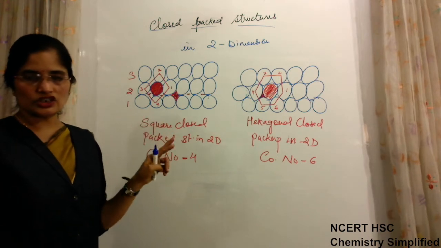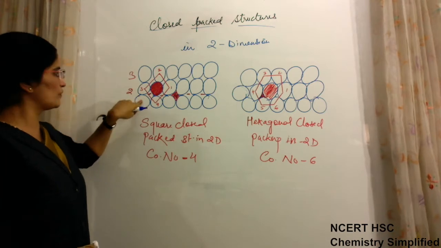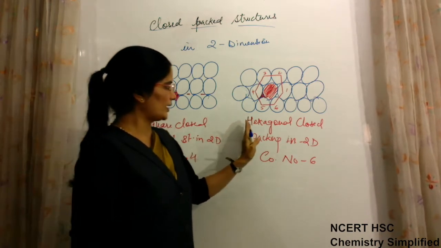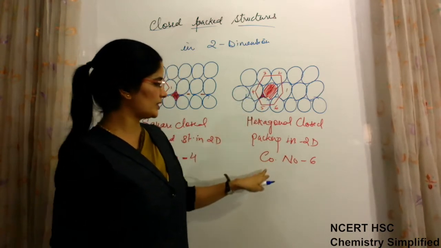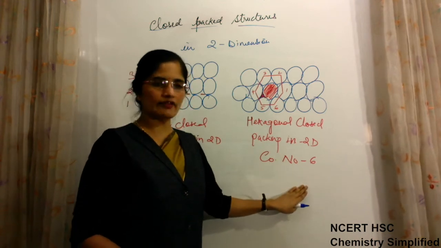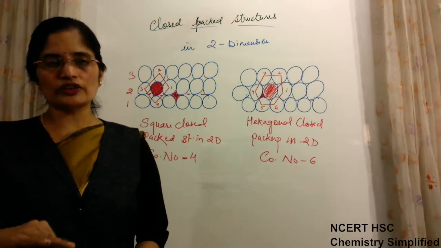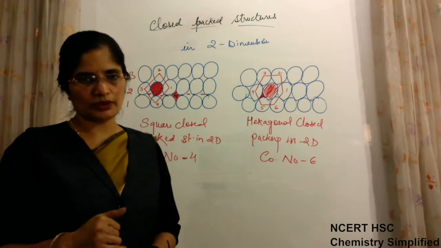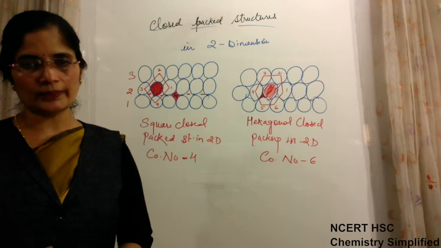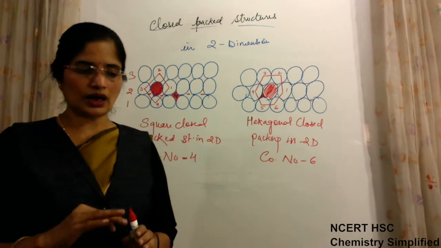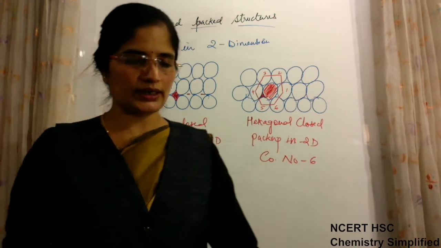So in 1D the coordination number was 2. In 2D, if square close packed, that means placing the second layer exactly over the first, then the coordination number is 4. And hexagonal close packing, that means the second layer in the gap of the first layer, gives hexagonal close packing having coordination number 6. Now because till here the layers were only 2, it was easy for us to tell about the coordination number. From now onwards, when we switch to the 3D structure, we cannot directly tell the coordination numbers, but how much it will be, this we will discuss, but we cannot show it as we are showing for 2D and 1D. Okay.